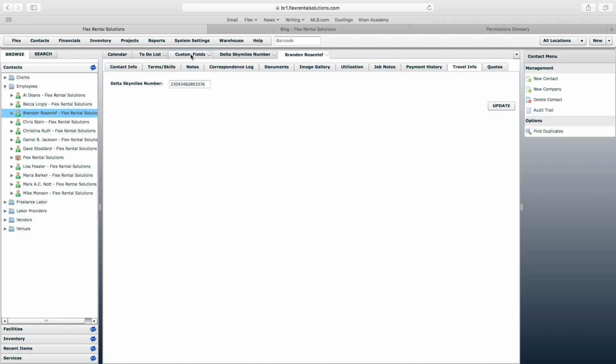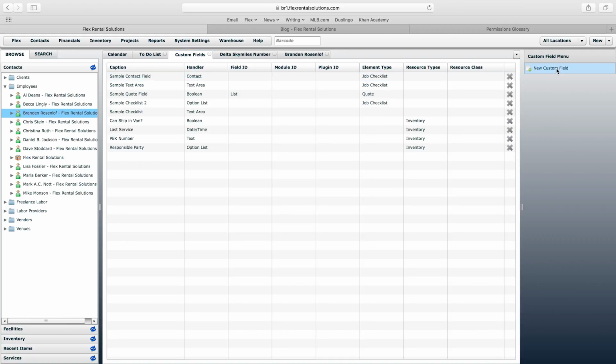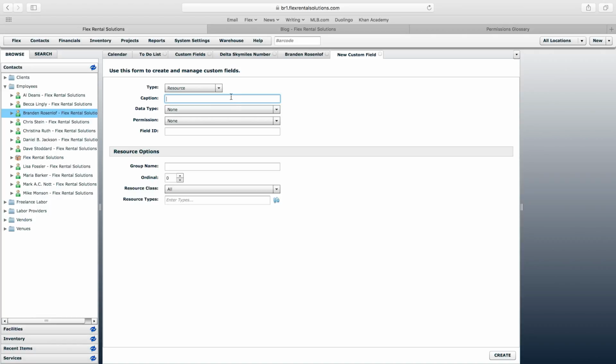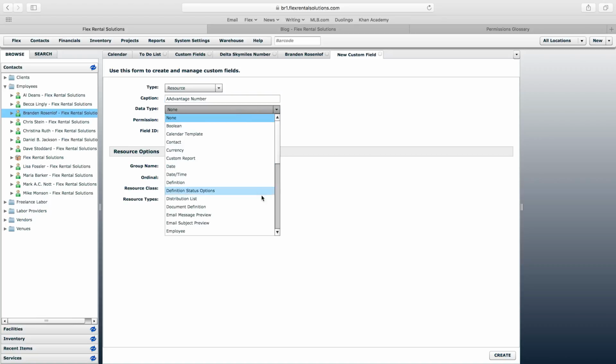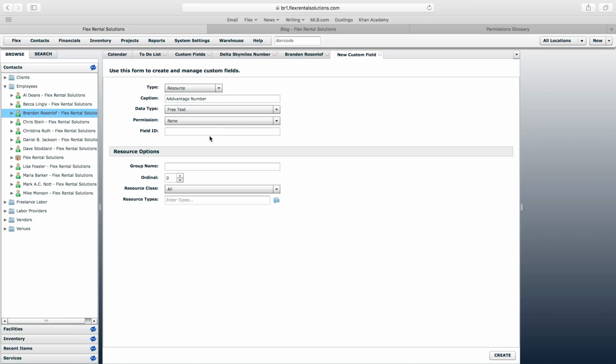Now we could do a few of these. So for example, we'll go back to our custom fields, do new custom field, and maybe you travel with several different airlines. So you might have AAdvantage for American Airlines. And we'd just do the same exact thing. Free text, the group name, make sure it's exactly the same so it goes into the same tab. Resource class of contacts, and then if you want to filter,